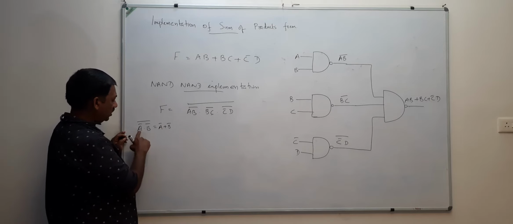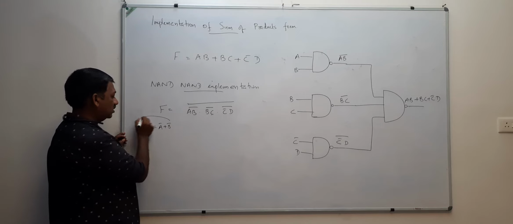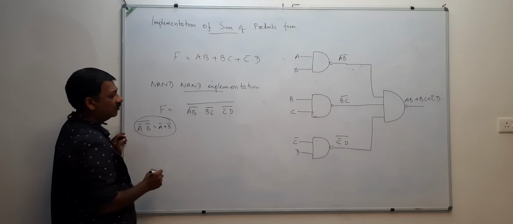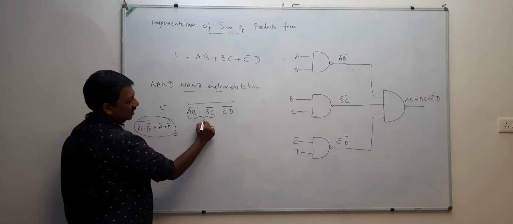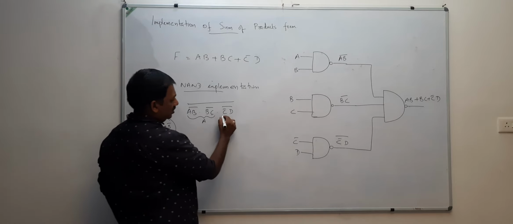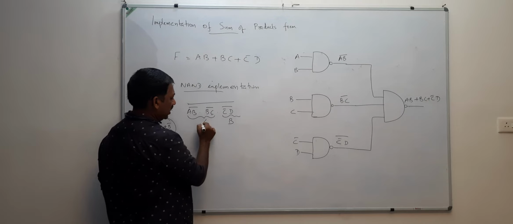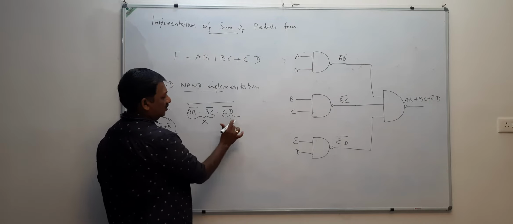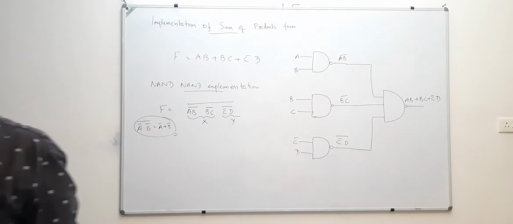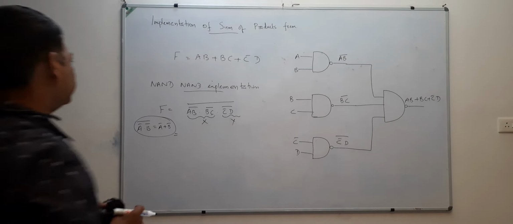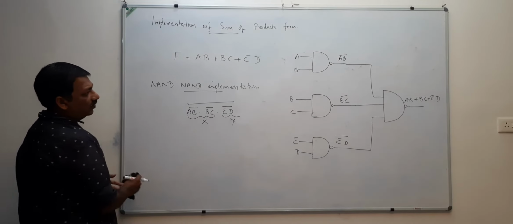A bar dot B bar the whole bar is equal to A bar plus B bar, which is as per De Morgan's law. So here you are going to take this as A and this as B, or this as X and this as Y. Now the first one is X and the second one is Y. Then as per De Morgan's law,